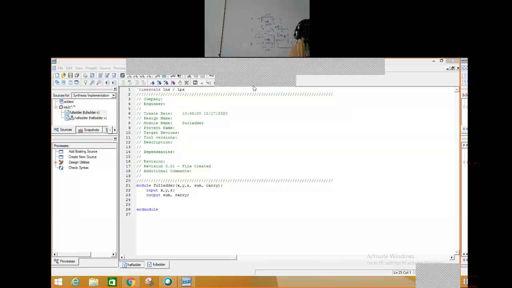That gives me the actual carry. So this is how we are going to draw the full adder using 2 half adders. This is my full adder.